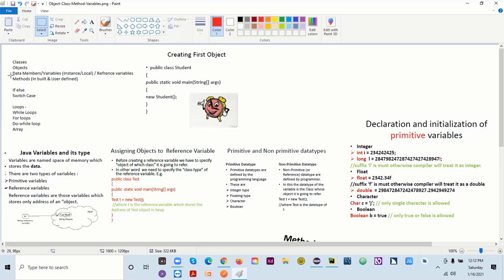In methods, last time we discussed that a method can be a user-defined method as well as an inbuilt method. An inbuilt method is a method which is already written; we get all those methods from Java. We don't have to do anything, we just have to call that method and use it for our purpose. All right, so Vishal is joining. Then we will go with our if else condition, switch case, while loop, for loop, do while loop, array, and all that. So let's start. Let me start my Eclipse, and then we'll go one by one from there.